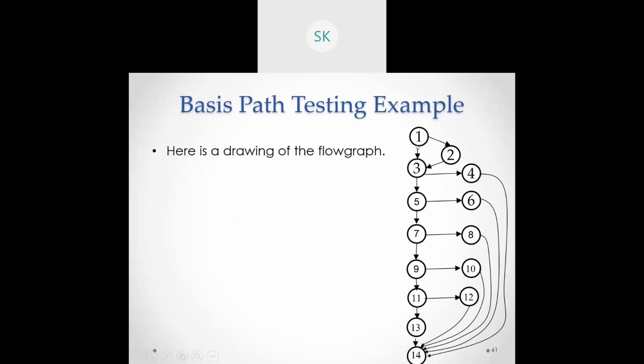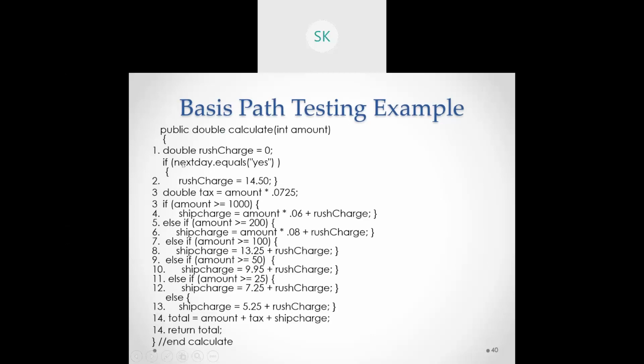So here, statement one combines initializing the value for the rush charge as 0, followed by if next day equals yes. If next day is yes, then I need to have a rush charge. Rush charge is because I need to preserve that particular product for one day, so that the rest of the customers will not get any chance of choosing that product. One product I need to keep separately. So among 10 products, only 9 I can sell. Tomorrow if you say no also, then I need to keep it back. So just to avoid my loss,